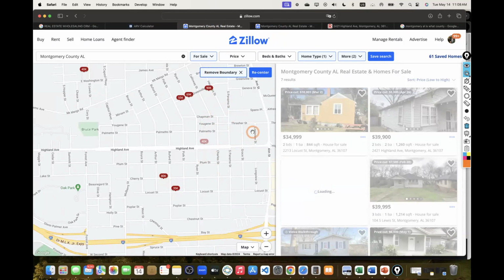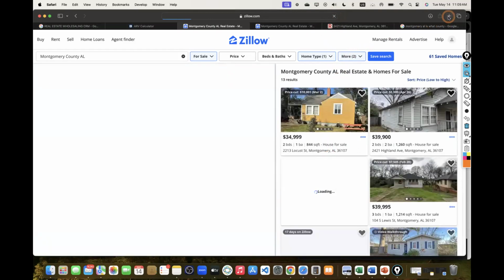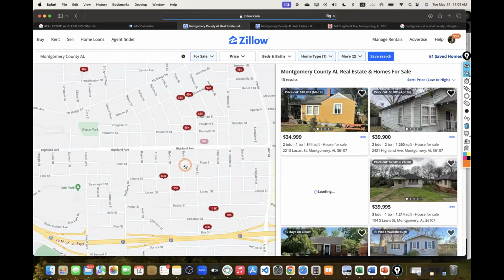And I'm having some technical issues with this. Come on, Zillow. Sorry, guys. Let me refresh this. Looks like our internet slowed down a little bit right now. Come on, Zillow. Thank you. Come on, come on, come on. Don't do me dirty like that. I spent 6 hours, 8 hours on you all the time. Like, why? All right, cool.